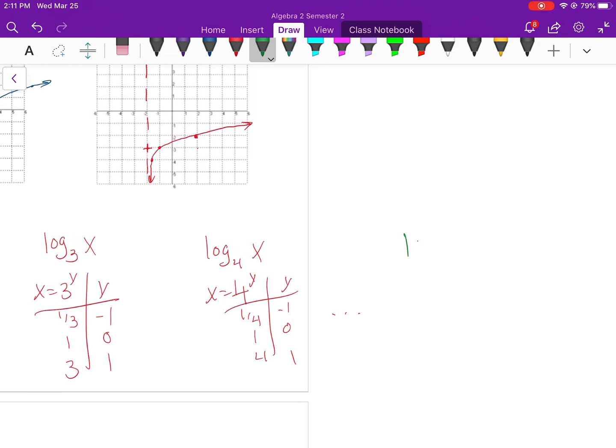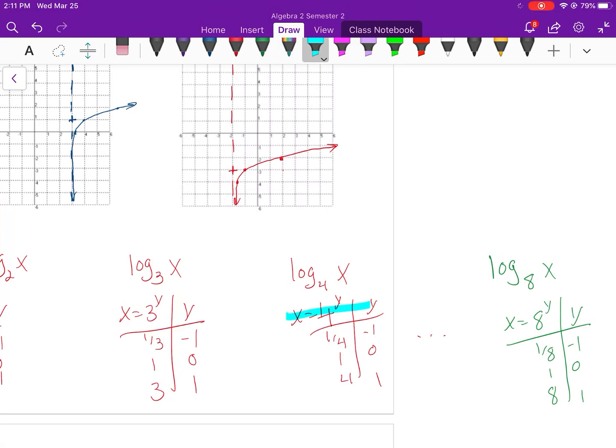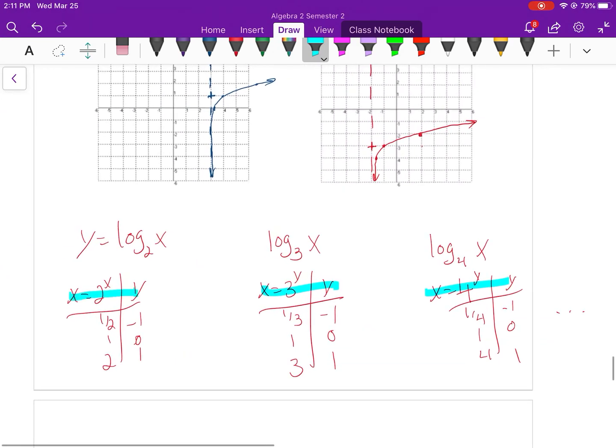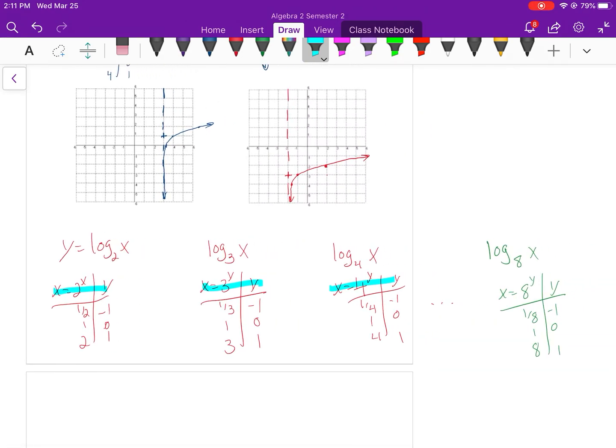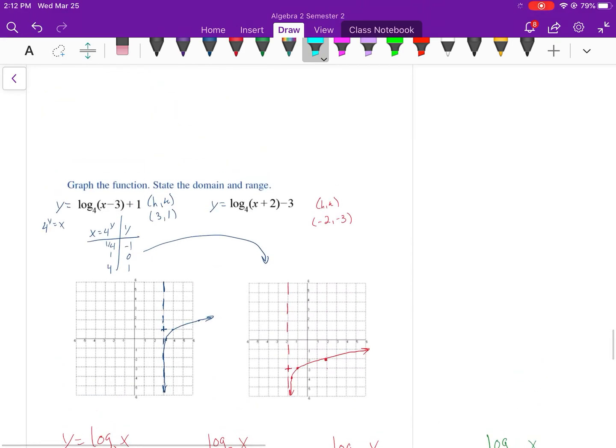Okay, if you notice the pattern, so even if we had, let's say, log base 8 of x, then it's going to be x is equal to 8 to the y, it's going to be 1/8, 1, 8, negative 1, 0, 1. As long as it's a log, in this case log base 8, that's the table you're going to use. No matter what h and k is, that's the table you use. Log base 4, you're going to use that table. Log base 3, log base 2. So hopefully you can see the pattern for the tables. It all depends on what the log base is. All right, that is finding the inverse